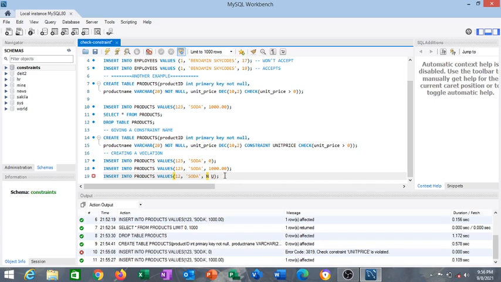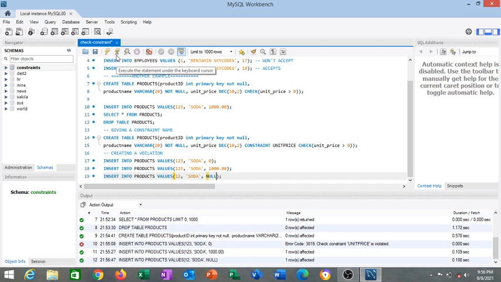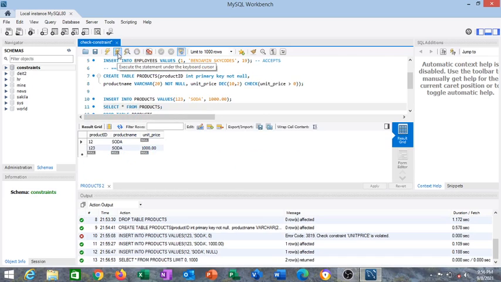When we do something like that and test it, the NULL value is created. When you select from products, you will find that we have created a product that has a NULL unit price, which is in fact an error, but check also allows it,